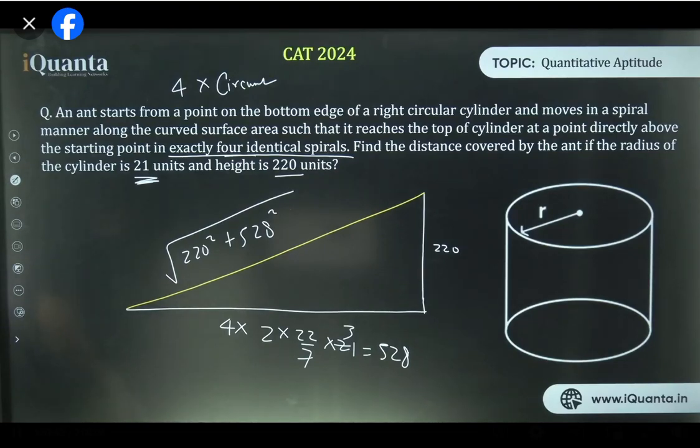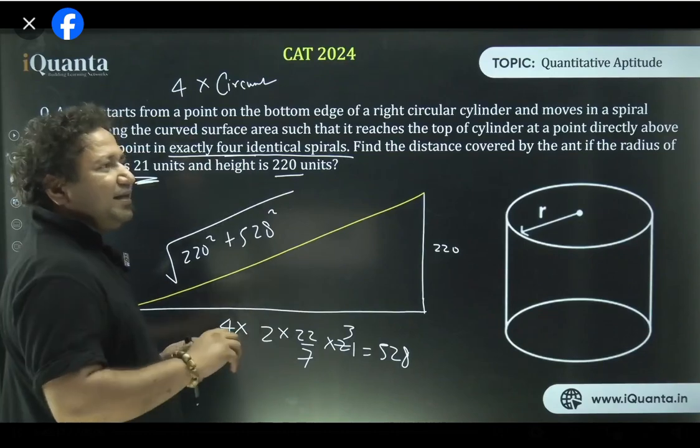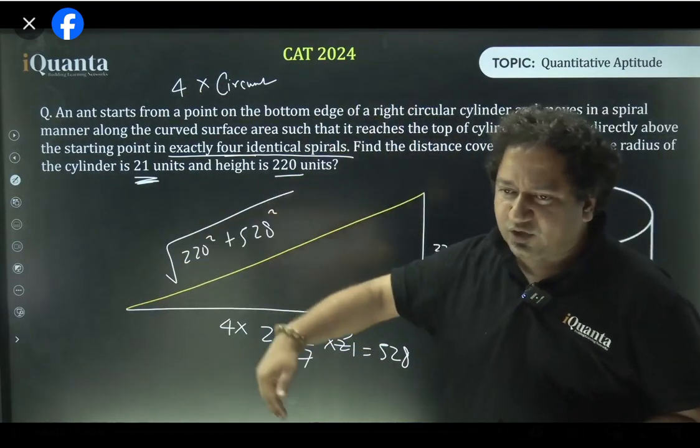Are you sure? Sonak, because this yellow line, what did I say? Assume that a thread is tied to the ant's leg. This yellow line is the thread. The length of the tied thread will be the distance. We have to calculate the distance that the ant traveled in a lateral fashion. It did not travel horizontally or vertically.